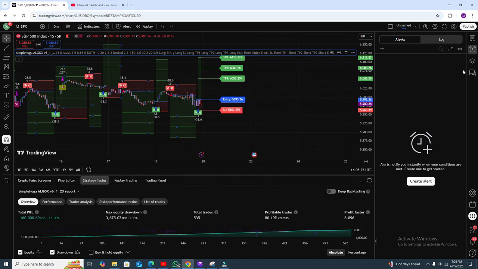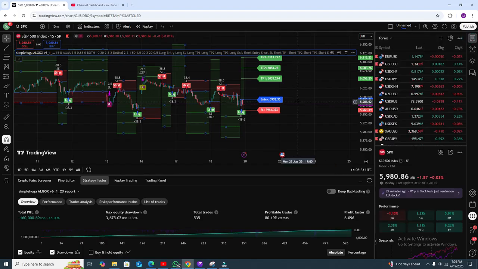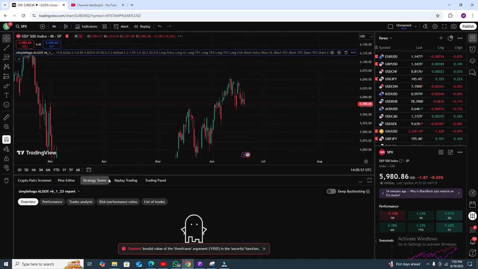So alerts are available because mostly people are looking for an indicator that creates alerts, as they do not have time. The alert will be created and they will automatically see the alerts and go for the trade, okay. That's actually easy, because in 2025 mostly people are busy and do not have time to look at the chart all the time, so that is a good one for people who do not have time. Go to the 4-hour time frame, okay.